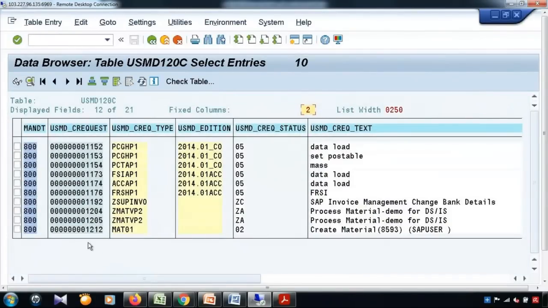I think the system has been refreshed recently because I can see very few change requests. Anyway,